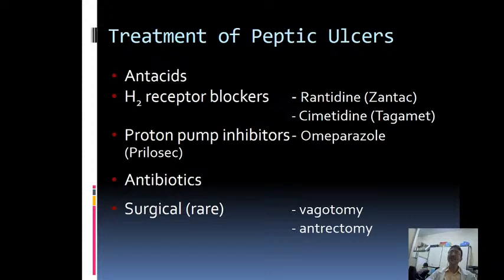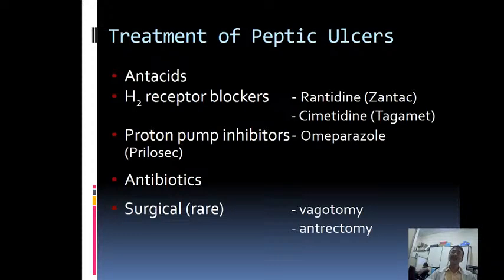What is the treatment for peptic ulcers? First of all, the treatment of peptic ulcer is to give antacids. When these antacids are given, they neutralize the hydrogen ions, as a result of which the effect of the hydrogen ions is neutralized. Then the next line of drug is to give the H2 receptor